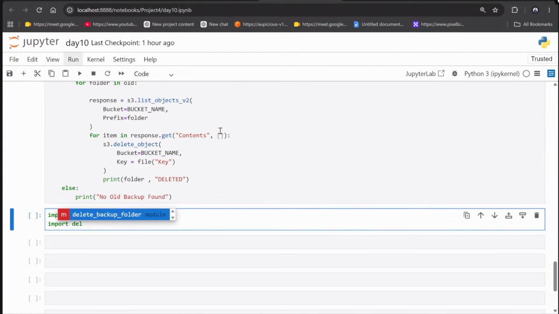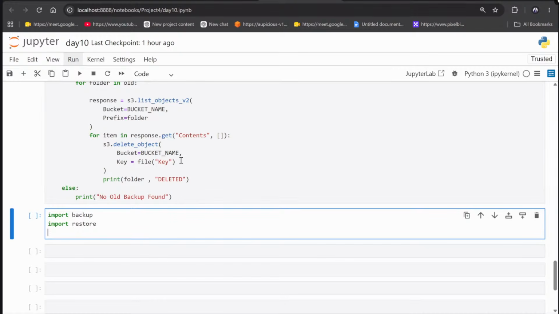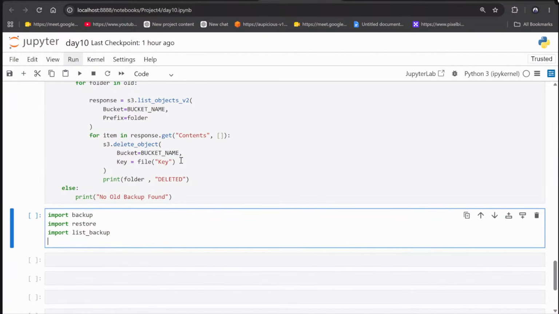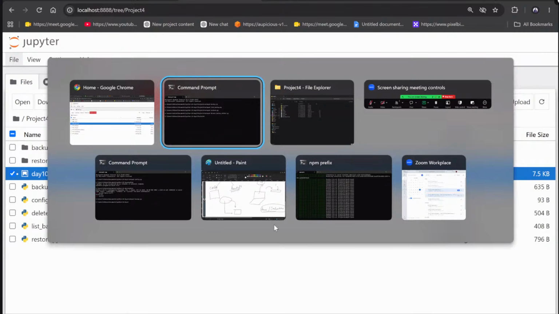delete, maybe restore, the name we created was restore, second maybe list backup, so import list backup. I'm also importing other libraries here, not libraries, these are not libraries, guys. Config is done, delete list is done, delete backup folder is done, and we had also planned to delete the last three backups. Where is it exactly?